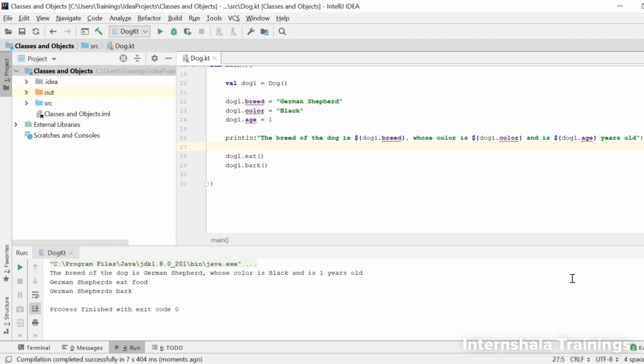So, we have created classes and objects. But this is not how developers do it. There is a more efficient way of creating classes and objects, and that is by the use of constructors. We will learn about them in the next video, but before that, why don't you take a small quiz and see how much you have understood?